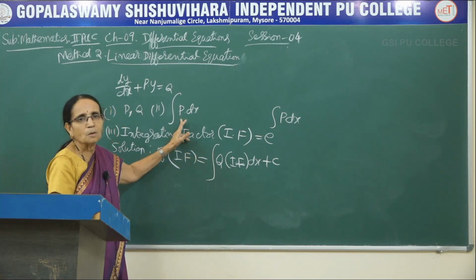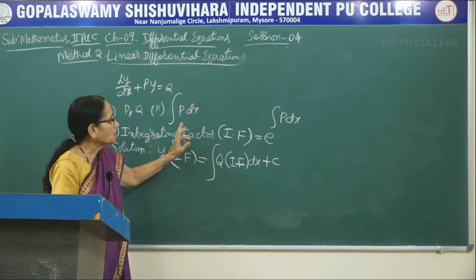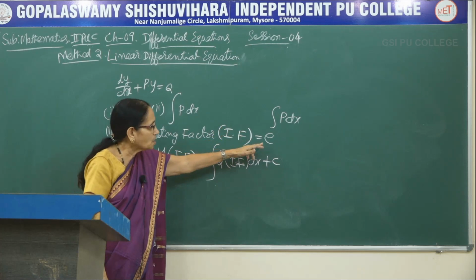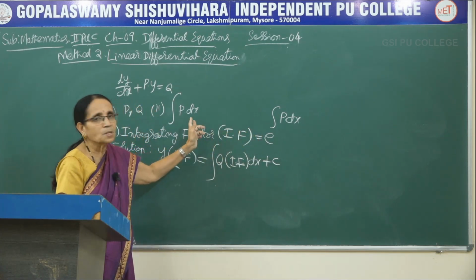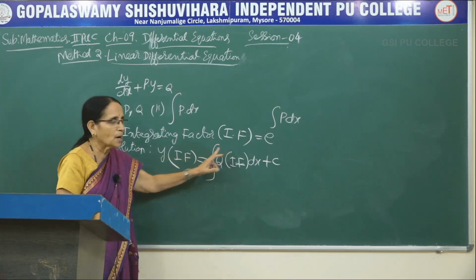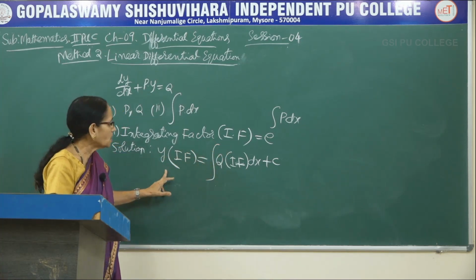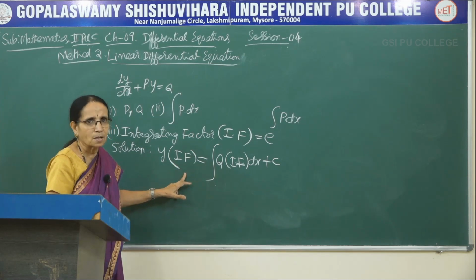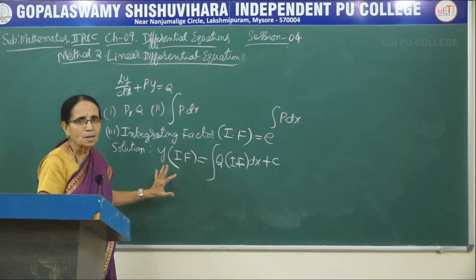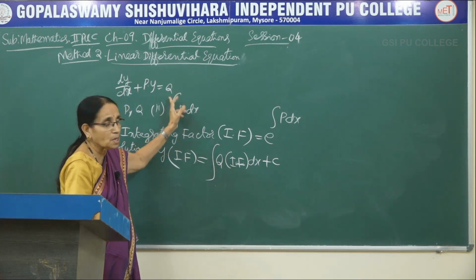So as soon as you get the values of p and q, first integrate p with respect to x, then the integrating factor is obtained by raising e to the value already which has been calculated. So then this is the integrating factor. Then the solution is obtained by this formula, y into the integrating factor, that is equal to, so left hand side no integration, directly we are writing, right hand side q, the right hand side part of the given equation,